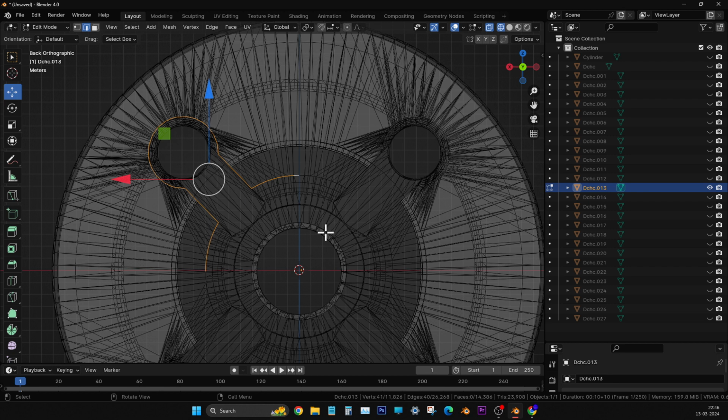At that time, figuring out the shape in the mind, seeing, observation, that observation we wouldn't have done. Once you do the observation and start creating in 3D, you will come to know